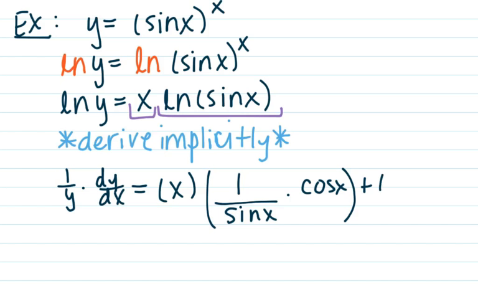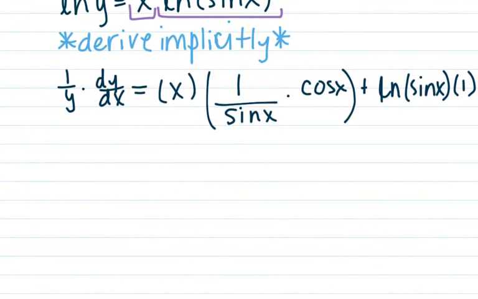Plus last d first. Oh, that's right, forgot the ln. Hold on. Last. And then the derivative of the first is simply 1. Alright, let's clean this up. So I've got 1 over y times dy dx